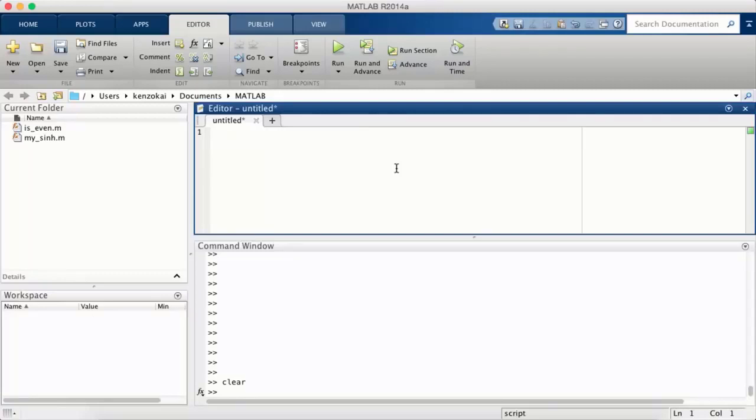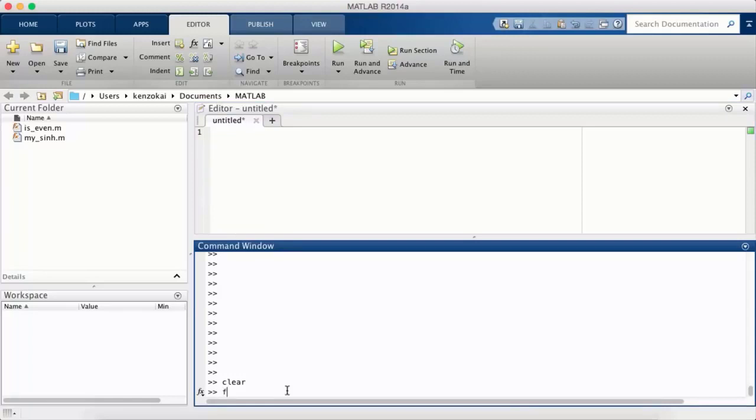In this lecture, we're going to talk about for loops, while loops, and if and else statements in MATLAB. The first thing I'm going to talk about is the basic syntax of a for loop. So the basic syntax of a for loop is for index equals some array of numbers,